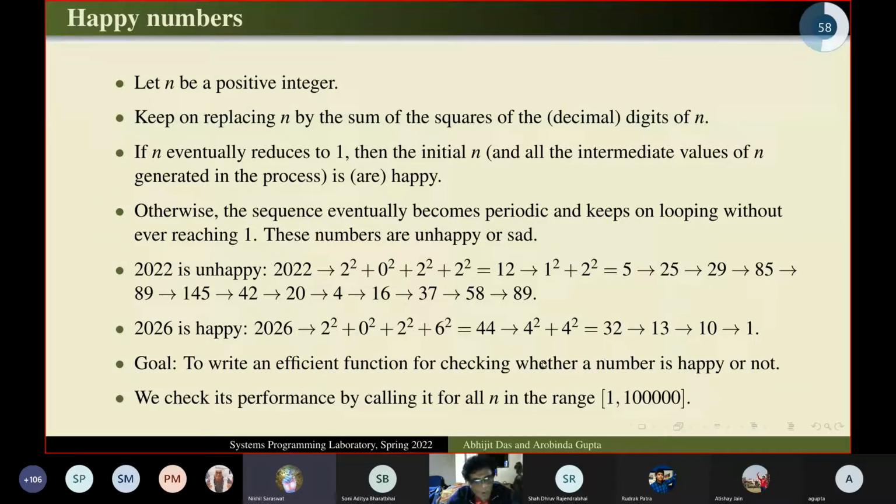Maybe I will call this function for all n in the range 1 to 10 power 5, 100,000. In fact, I will adjust this range, or embed this code inside another loop, so that my program always takes something like 5 to 10 seconds. Then I'll just divide the total time by the number of calls to get the per call